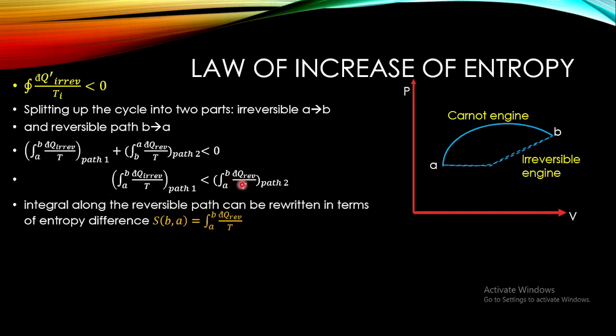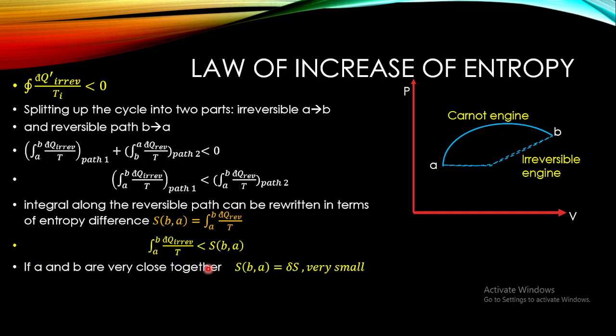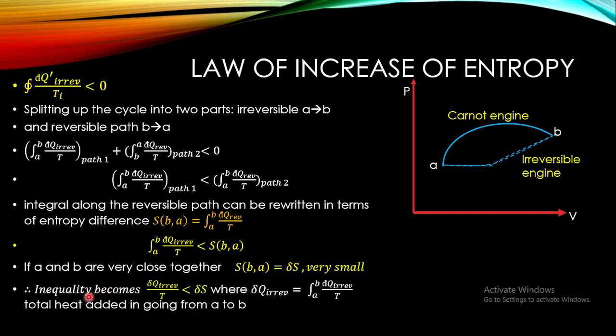So the integral along the reversible path is familiar. For a reversible path, this integral can be replaced with the definition of entropy, rather the entropy difference, S of BA. So the expression will become the integral from A to B of d̄Q irreversible by temperature will be less than, instead of this expression, I can write entropy of BA. So if A and B are very close together, then S can be replaced by a very small change in entropy, delta S. So the inequality will become delta Q irreversible by temperature is less than delta S,